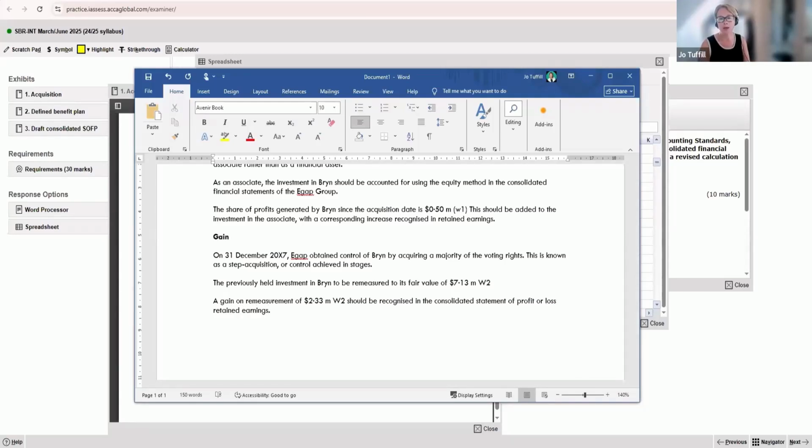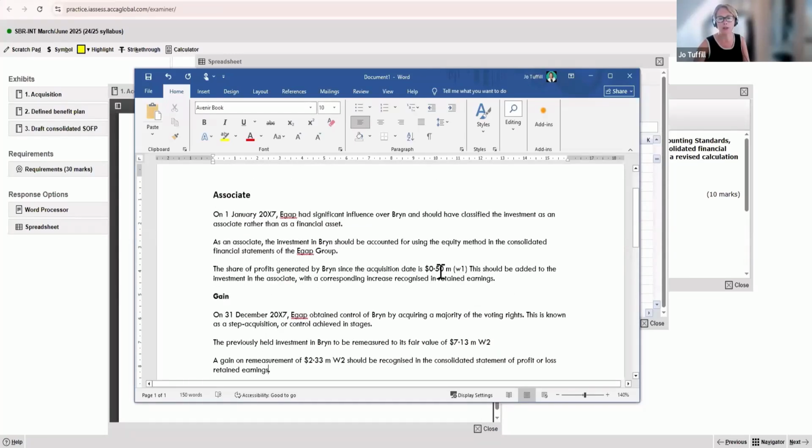Okay, so there we go. So that is there. I actually think also here, this should be added to the investment, so the corresponding increase in retained earnings. We should also say share of profits is generated and added to the profit